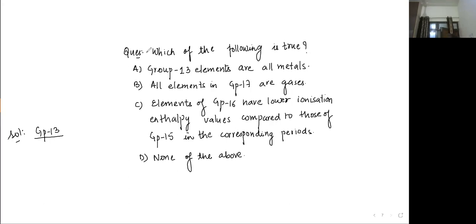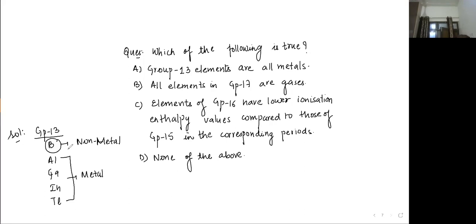Metalloids, remember the first class we have drawn metalloids. So boron, aluminium, gallium, indium, thallium. No, this is incorrect, Faisal. Boron is not a metalloid, boron is a non-metal. So boron is non-metal and the remaining are all metals. So this statement is incorrect because it says that all elements are metals, but boron is non-metal.